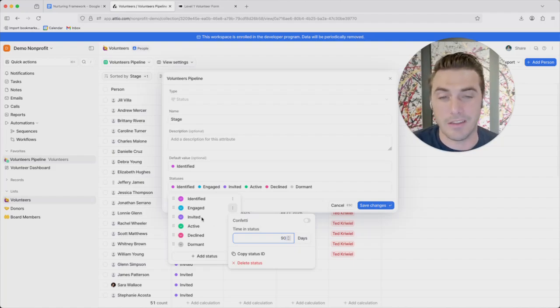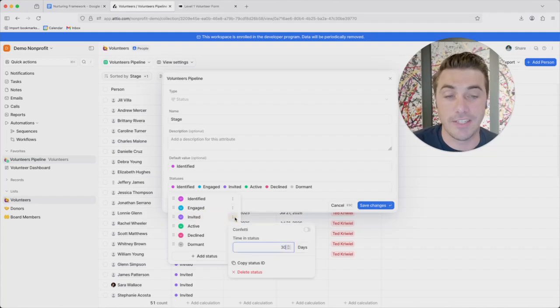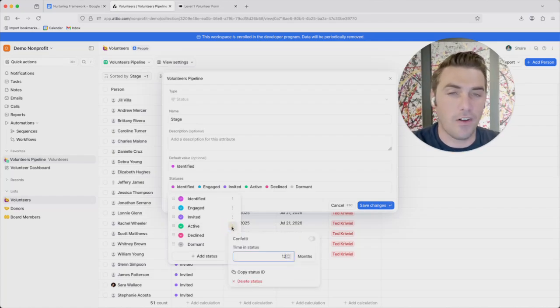But then we need to invite them. At that point, we need to invite them. If it's been a year and we're not engaging them, they're dormant. Send the invitation. They have 30 days to respond. If they don't respond in 30 days, maybe we follow up. If they're just ghosting us, they move to dormant. It's done. Active. This could be different for all different contexts.